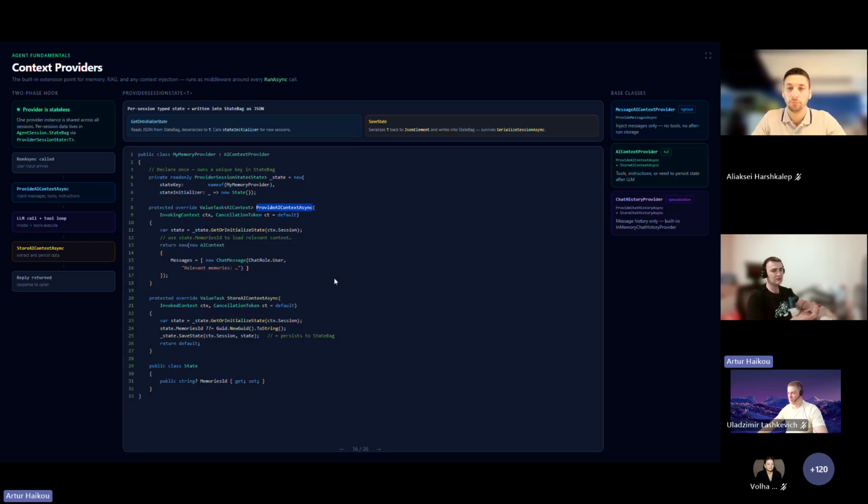But as soon as we receive some response from LLM, we are able to handle this response and perhaps store this information that was received from LLM in our database. In this case, we just need to override the store AI context method and create some logic for this.